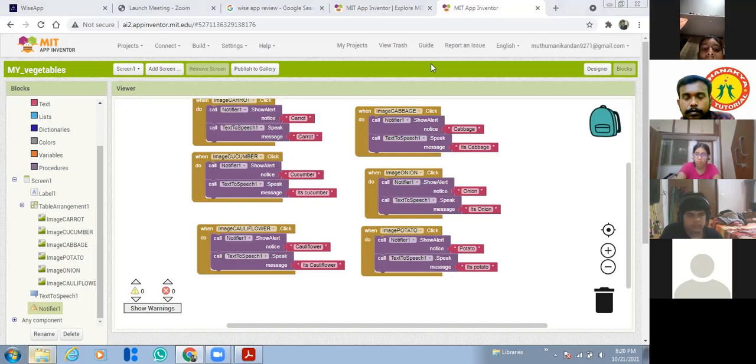Yes, you got the output, Pranav. Is everything working? You have to check each and every image, and it's loading.